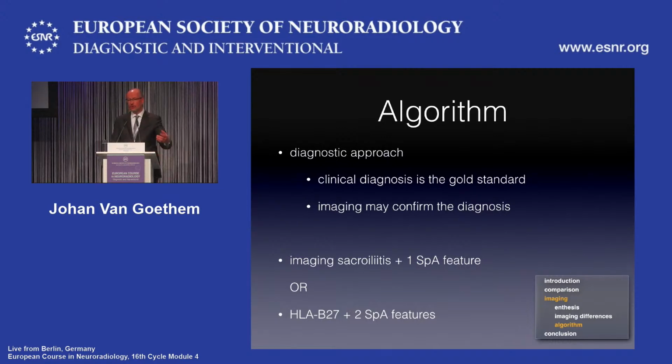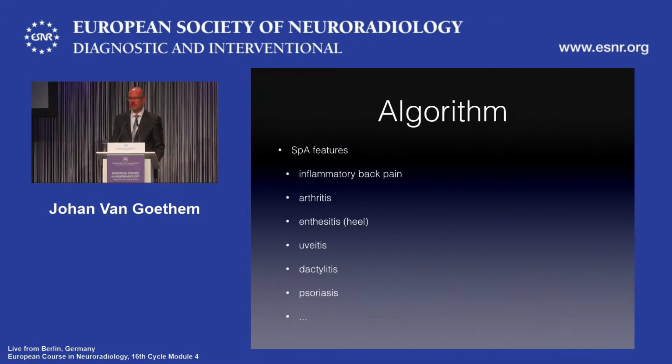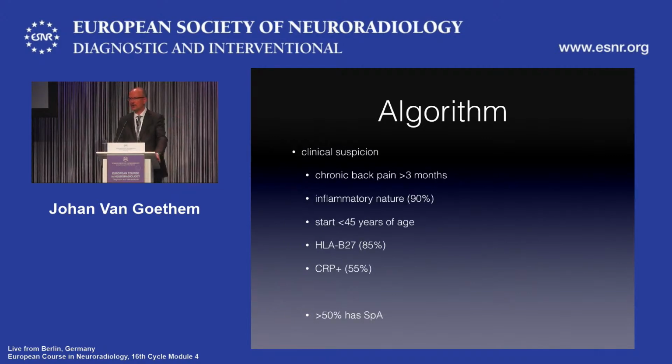So for the diagnostic approach to these patients, it's still based on the clinical diagnosis. It's the gold standard. But imaging may confirm the diagnosis, so many of your rheumatologists will order imaging, which will be imaging of the sacroiliac joints. If the sacroiliac joints show sacroiliitis and there's one SPA feature, the diagnosis is made, or when you have a patient with HLA-B27 positive and 2 features, also the diagnosis is made. These features are inflammatory back pain, arthritis, enthesitis, especially at the heel, uveitis, dactylitis, and psoriasis. So if 1 or 2 of these are present, together with imaging positive and/or HLA-B27 positive, the diagnosis of